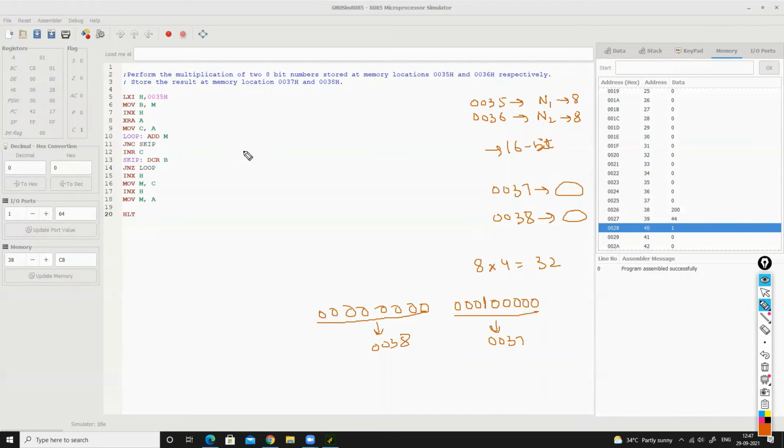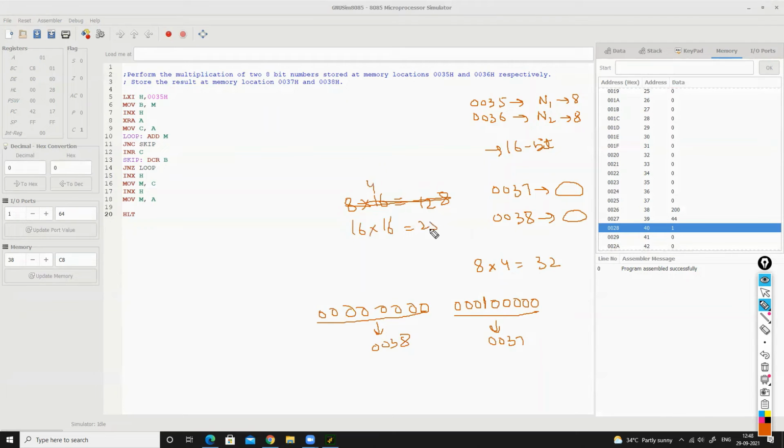Now let's do another multiplication, let's say 8 into 16, which would be 128. Or rather, let's do 16 into 16.